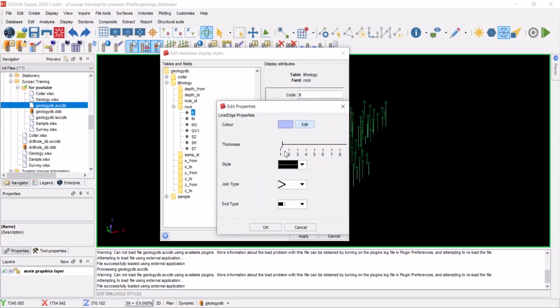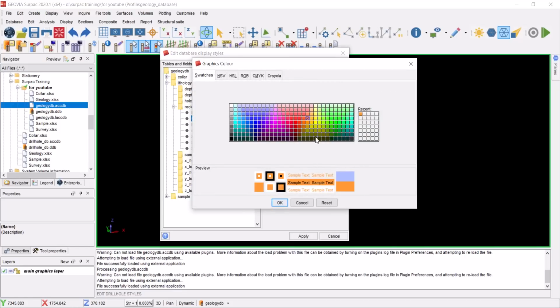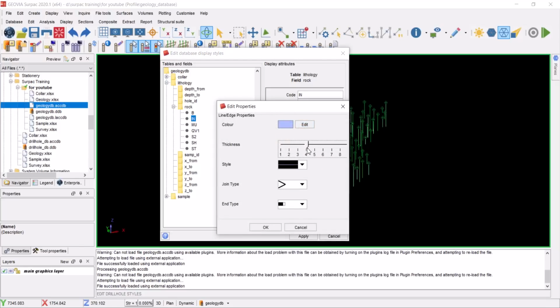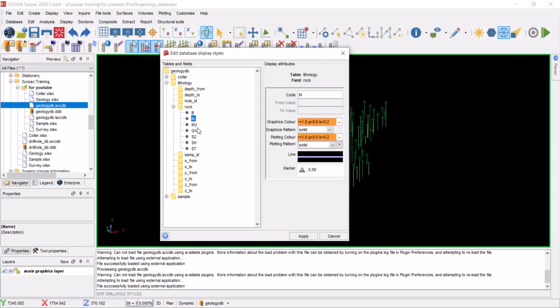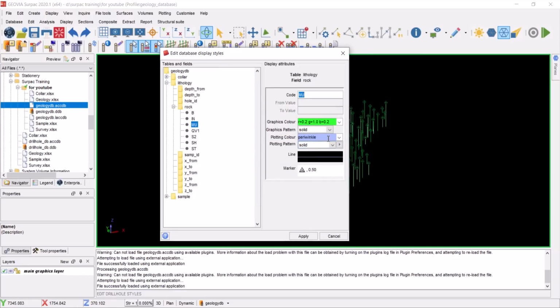So let's change the line width to, probably 4, let's say, and we are going to go to the next one, and let's make this really quick so we don't lose time. So that one, and we go to the properties and make it 4 also, and then we move to the next one. Probably leave it the way it is, or maybe we've chosen orange. Let's make it green now. Okay,